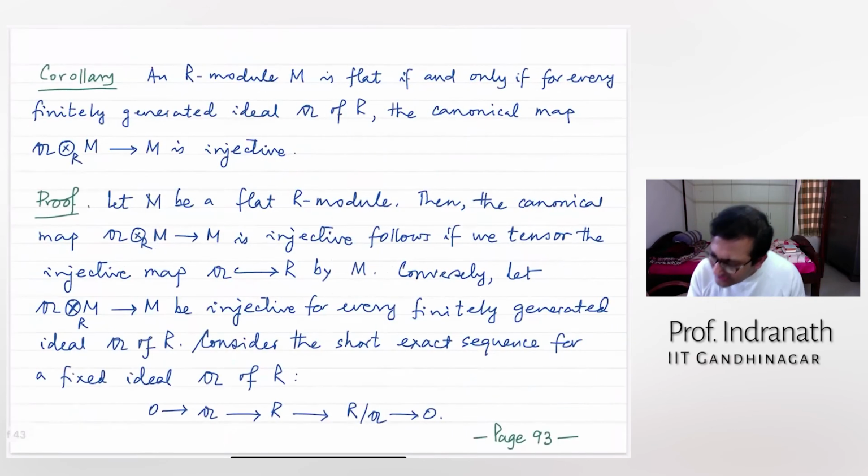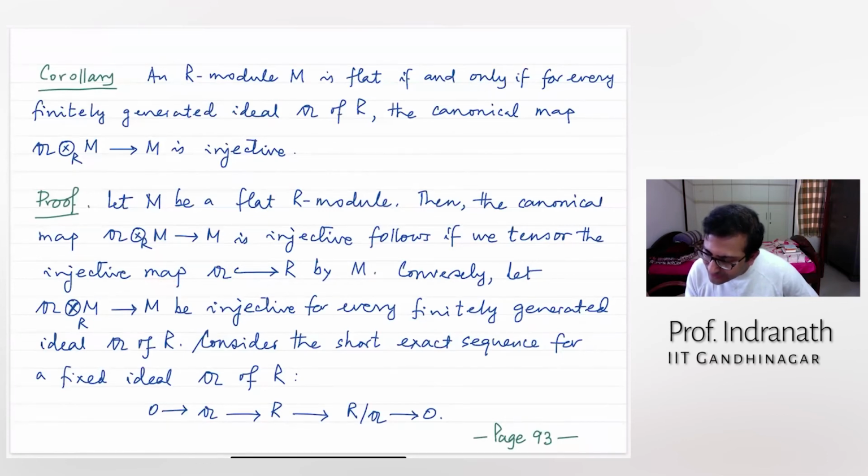Okay, so this corollary is basically again the same kind of argument. Flatness holds if and only if, for every finitely generated ideal A of R, the canonical map is injective. Once again, you can see this finitely generated condition, but now you know what to do, because if you can show that M tensor R mod A has TOR1 equal to 0, then you are done, because you have proved a big proposition. So if M is a flat R module, then this is injective. That is obvious, because you take this injectivity and then tensor it by M. Flatness takes care of left exactness.